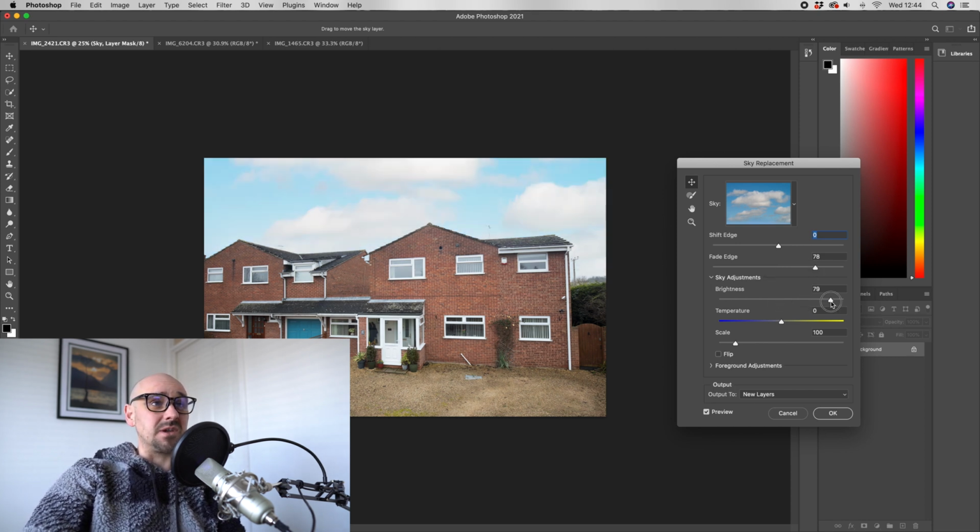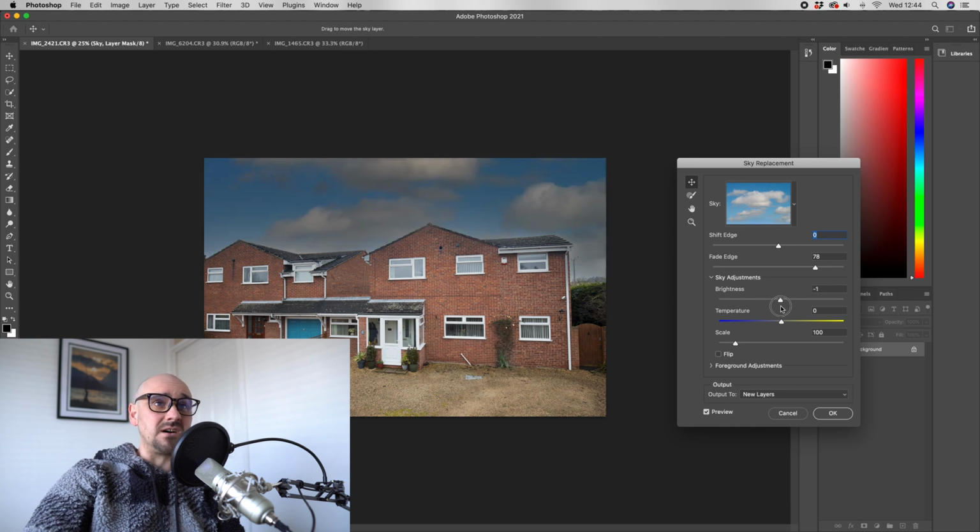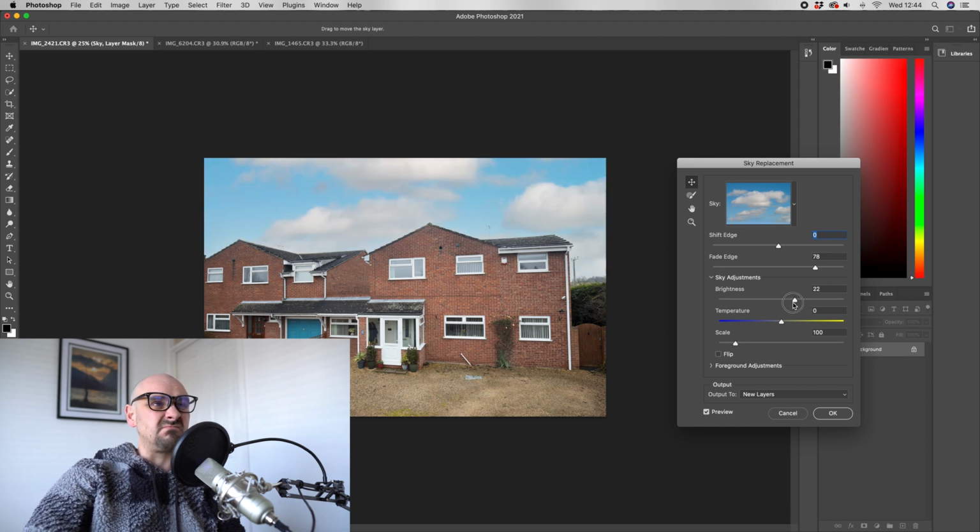Brightness, so we can make it really bright or really dark. If I was going to send this to an agent, I'd go on the brighter side. Temperature, I'll probably leave it as it is, but obviously you can make that a lot darker, a lot bluer or a lot more summery. And the scale, so if you want to zoom in on a particular cloud, then you can use the scale